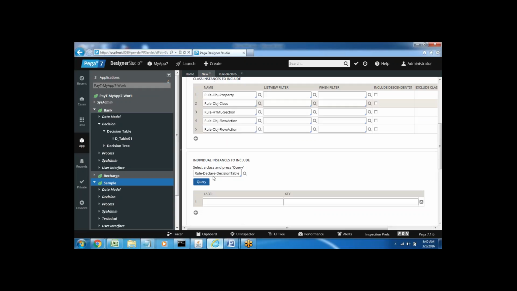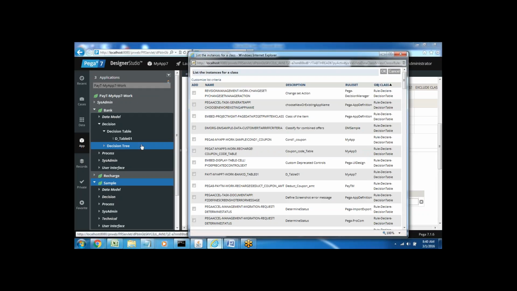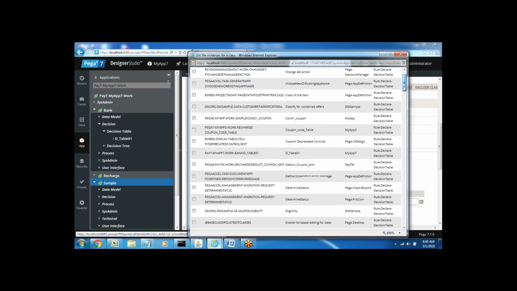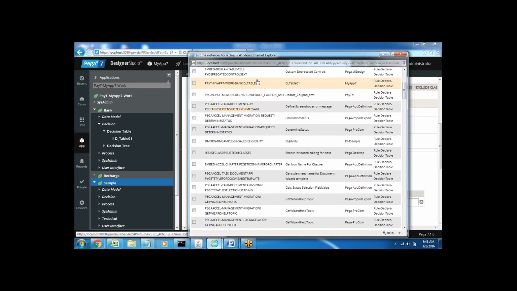So click on the query option. It will open a new pop-up window, and not only the rules under the class, but in the personal edition many other default rules will also populate here. From this list we have to select our condition. So select D underscore table 1, which is the condition, right? It is under the class Work-Bank-Table. So select that condition